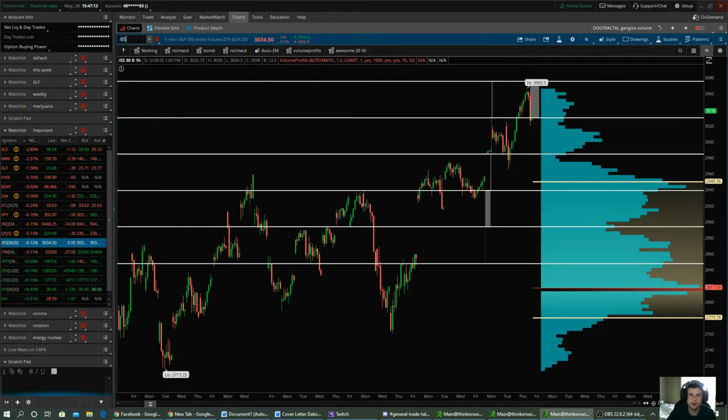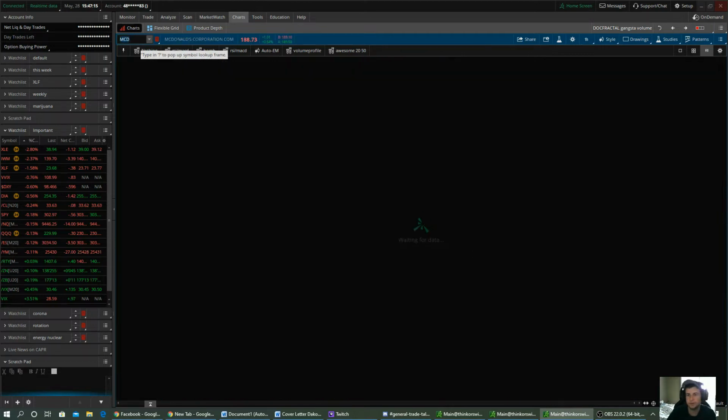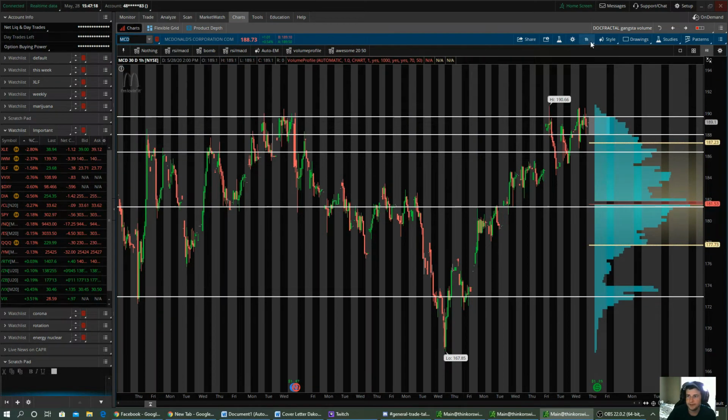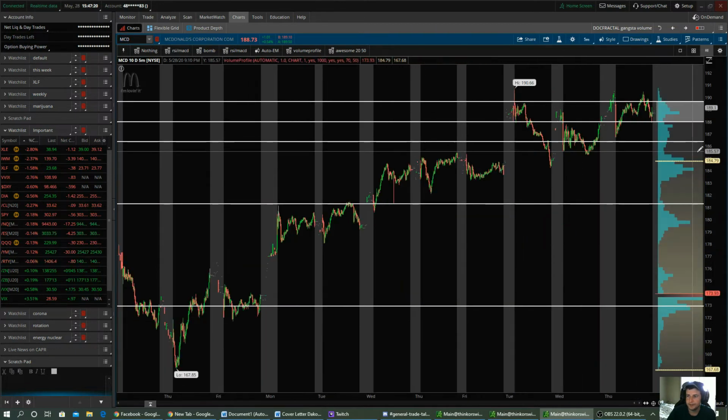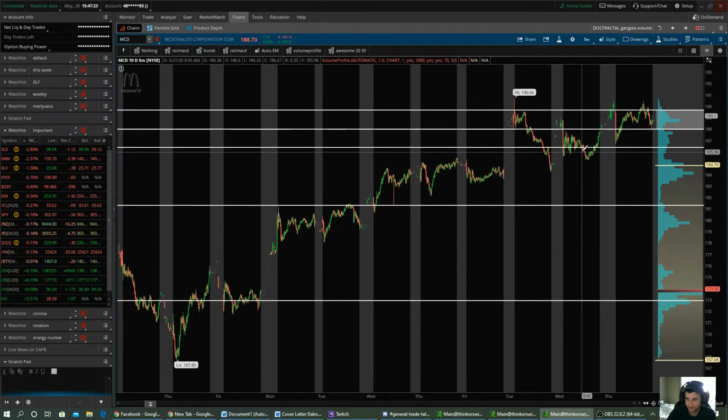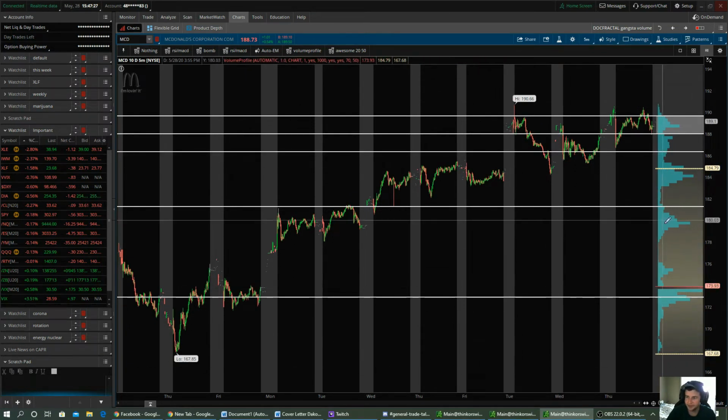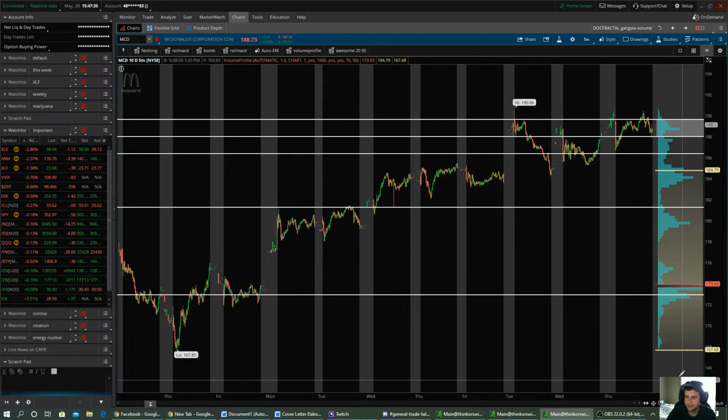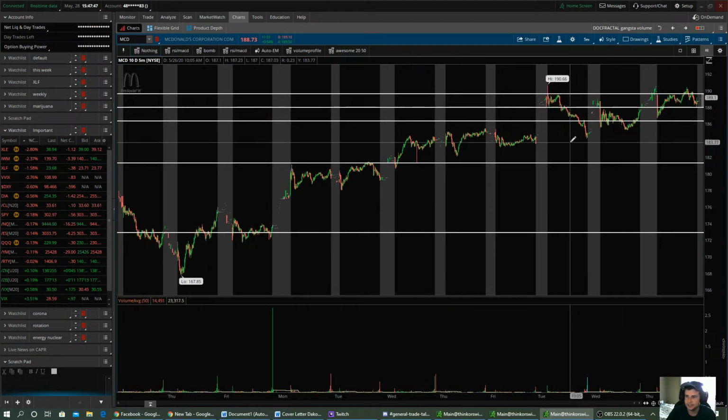Some trades that we are in: McDonald's, for one of them, wasn't really my favorite trade after the last couple days. They do have their dividend coming out tomorrow. I don't know what that's going to do really to the market, but once that dividend passes, then it's free game on McDonald's for it to go up or down. Now, how I see McDonald's is